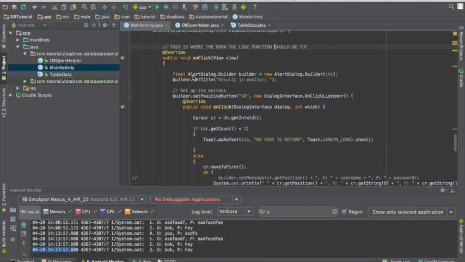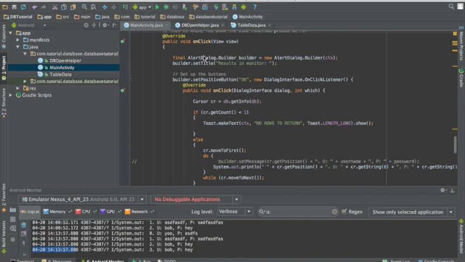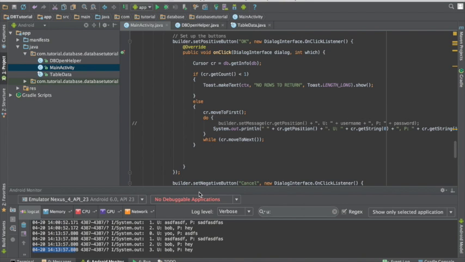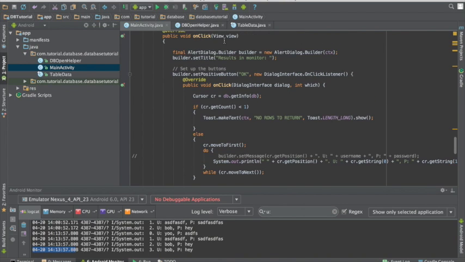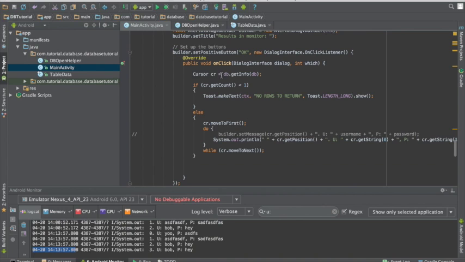It's just going to return the stuff that's already in the database. So this is how we have it here. On click, a pop-up comes up called results and monitor. That's just because this is called a monitor and the results are inside it. When you press OK, we declare a cursor, and then we do db, which is the instance of the open helper class, .get info, and then you send in the db. So this is going to call this function